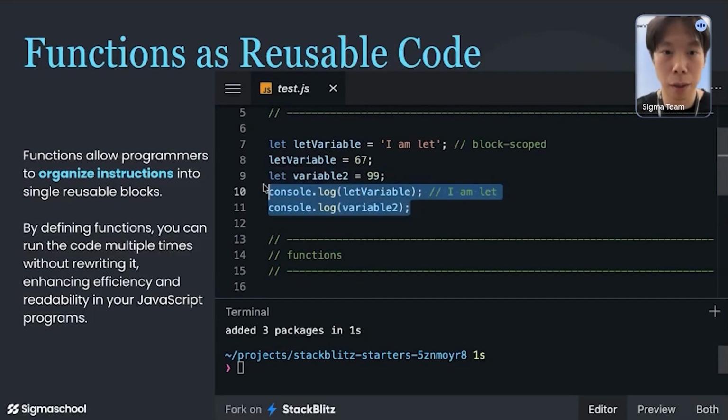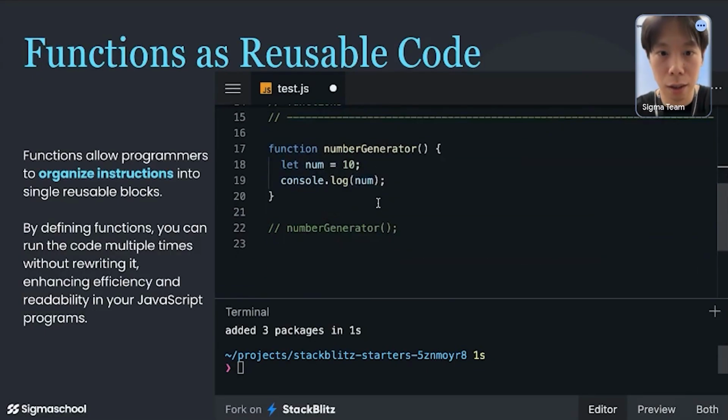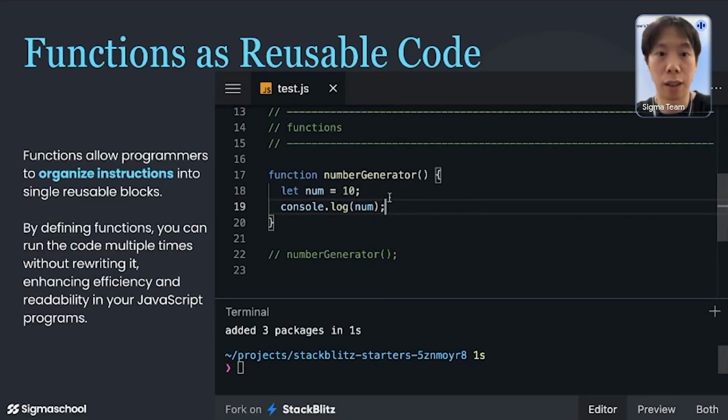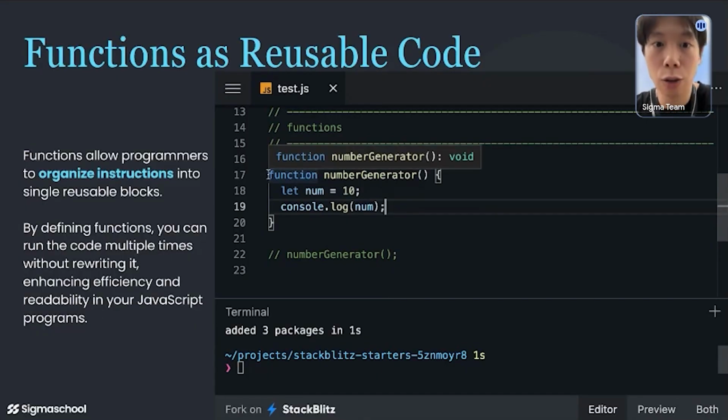So over here, let me go ahead and comment these out. Okay, so over here I've created a function. To declare a function, you first have to have the keyword function. As the name tells, it tells JavaScript that whatever comes after the keyword function is going to be a function.